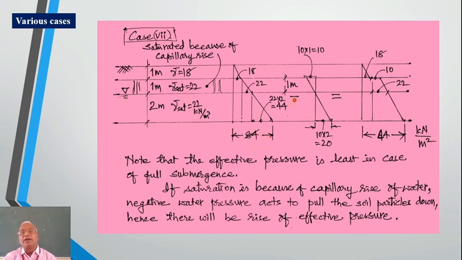Okay. Now minus, see, free water table pressure will be hydrostatic. So from here down it is a triangle with let's say 10 kilonewton per meter cube as the unit weight of water. So 10 into 2. But because of the sucking action, because of the suction, right, the pressure because of capillary will be negative, and this straight line continues in the negative direction. So this is plus, this is minus, and for a height of 1 meter, it will be this way, and this arm will be 10 into 1. This is minus, this is plus, all this is plus.